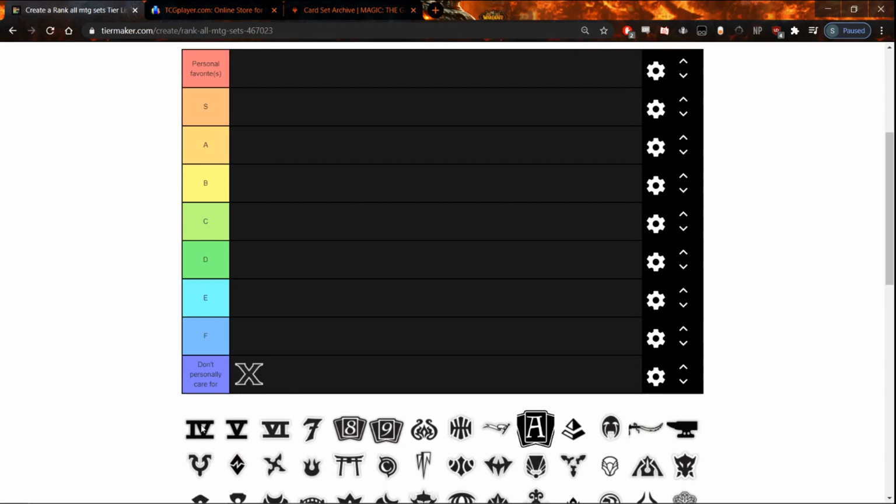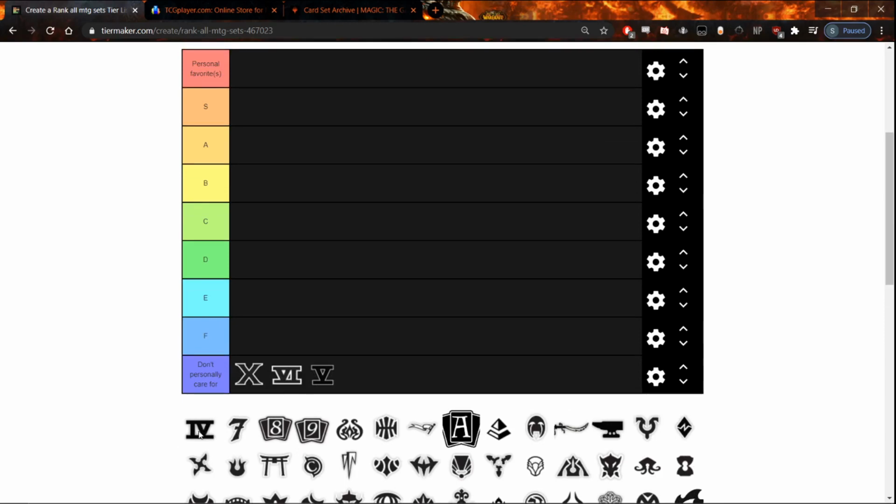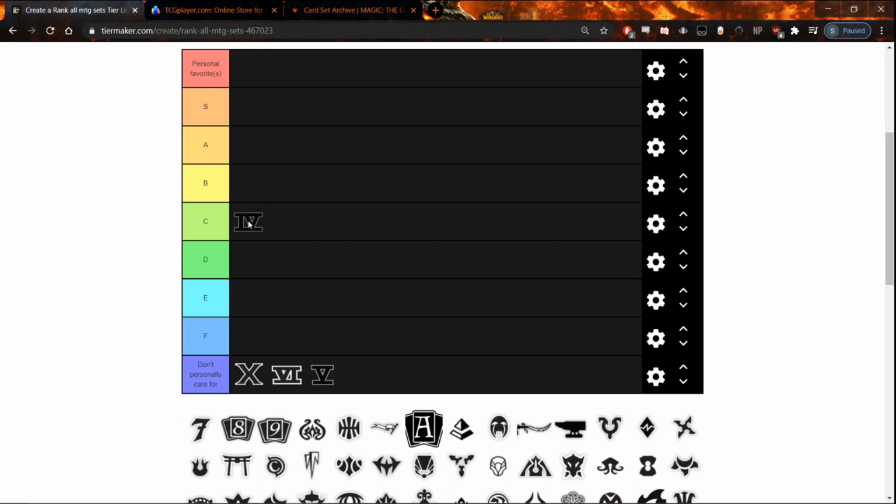Things I don't care for: 10th edition, 6th edition, 5th edition. I don't really care for those. 4th edition is interesting. I'm gonna give it a C, because alternate 4th edition exists. If you don't know about alternate 4th edition, basically for part of this set's life cycle, a batch was printed with the United States Playing Card Company, on a different stock, and they look a little bit different and have a different gloss to them. I have a couple that I found just buying bulk over the years, and I like 4th edition. I like alternate 4th edition. I think 4th edition's cool. It's not my favorite, but